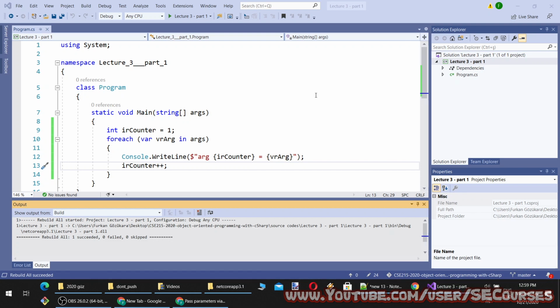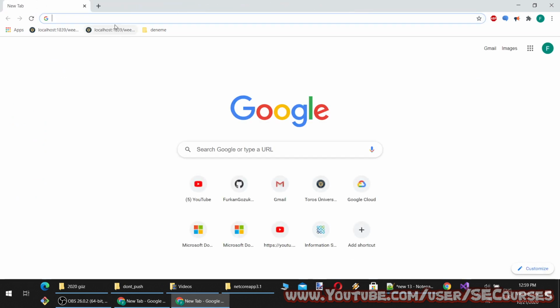So this is the final station of console application. Now we are going to move to WPF application. So what is WPF application? Let's first compose it.